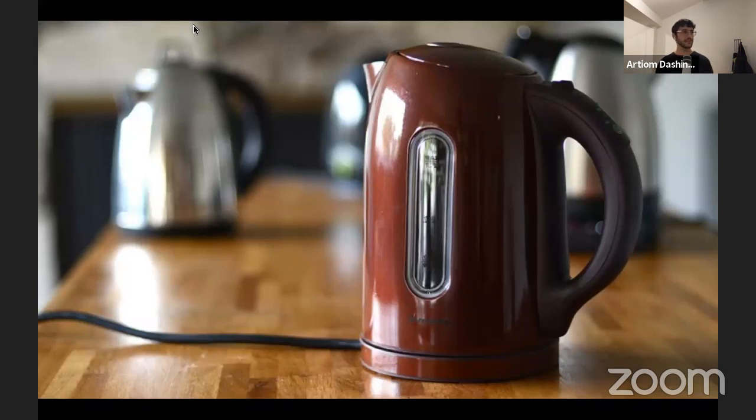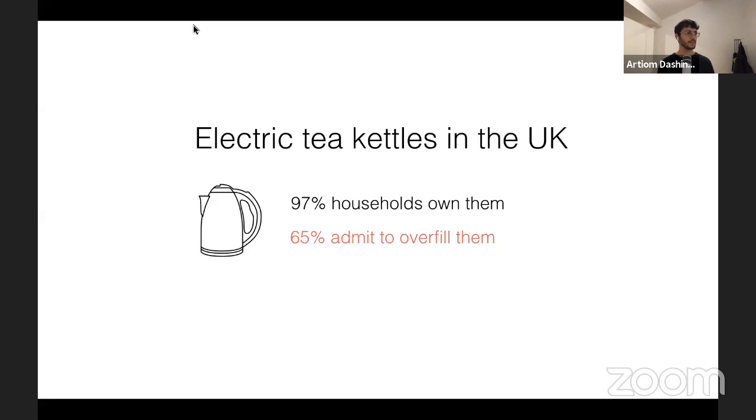So 97% of households in the UK own an electric kettle, and 65% of people who own them admit to overfilling them. It means that people are boiling much more water than they use immediately after it's boiled.